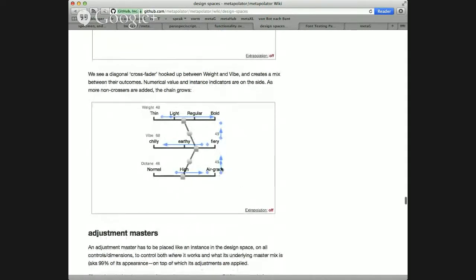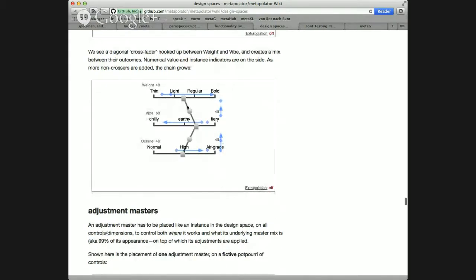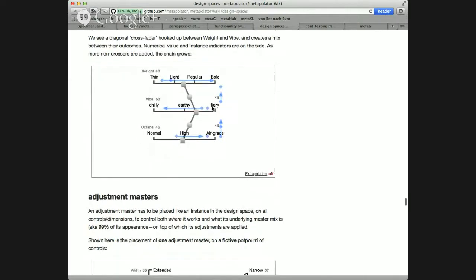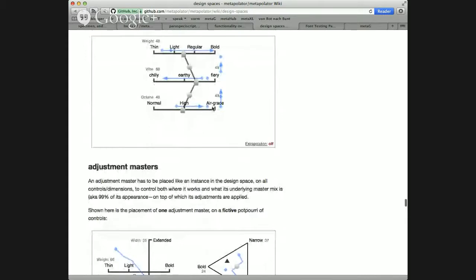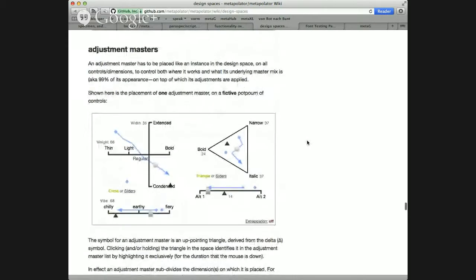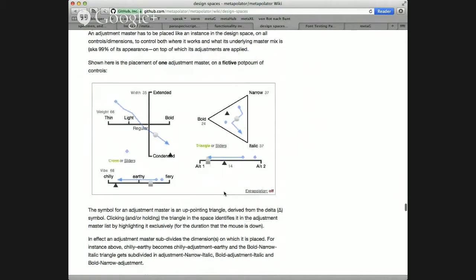On the side are again the indicators also for the value. All these values are click to edit, and then the indicators of the instances also for these diagonal or in effect vertical sliders between them. You can place adjustment masters as shown here on a bunch of either in the 2D space or exactly. So this is the point where the adjustment master gets its interpolation, which is its base appearance, and on top of that you apply the